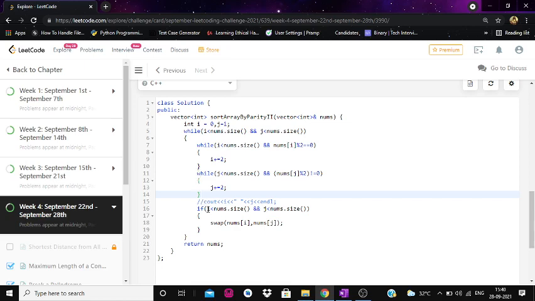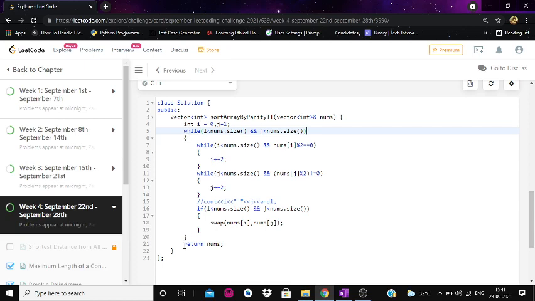We'll now check here if both i and j are inside the boundary. That means i and j are both in pairs that are in violating condition. So we'll easily swap these two terms. We'll swap nums[i] and nums[j], and we'll continue to the next iteration of finding another such pair, while these indices are inside the boundary.